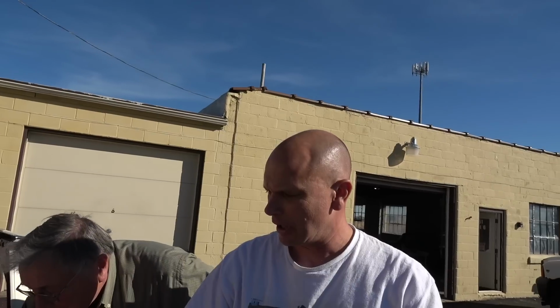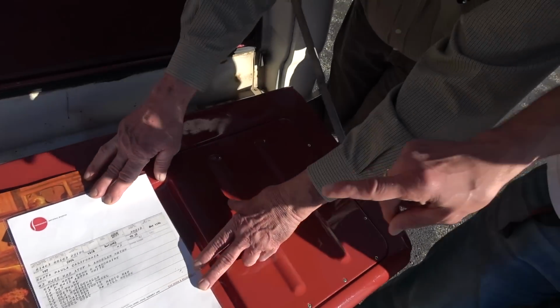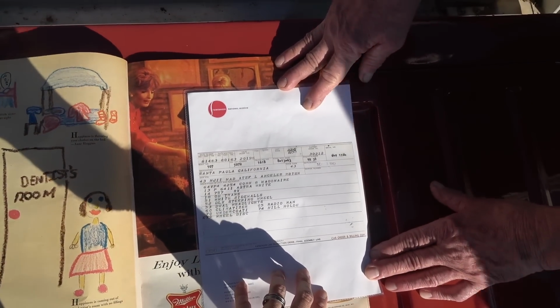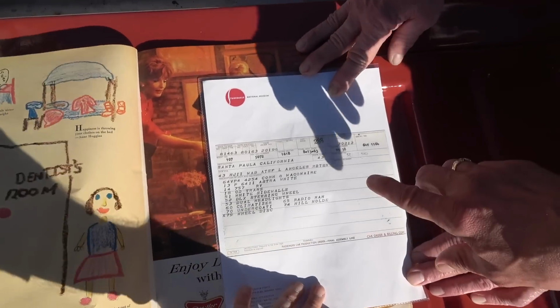They will go and send you the build sheet of your vehicle, and you can find out about the history of it. Some of these are stock options that would have been factory added. Others of them would have been done by the dealer. Got it. So, I guess the one on here that kind of stands out a little bit, I mean, we can go down the list,